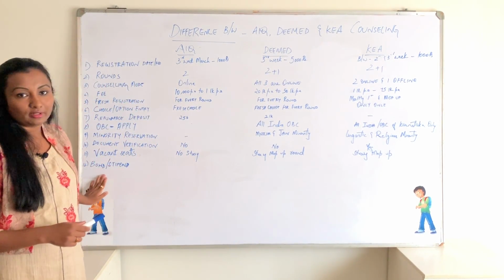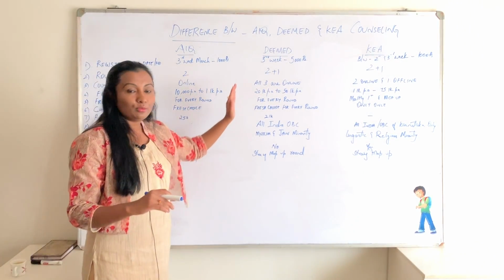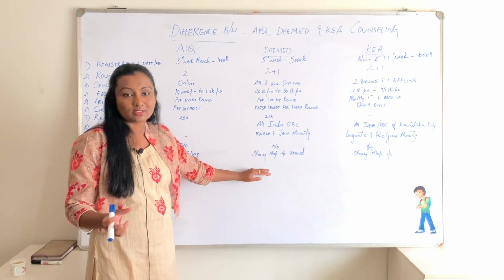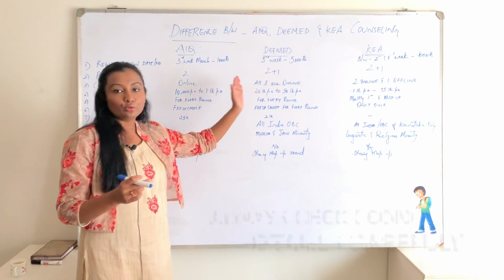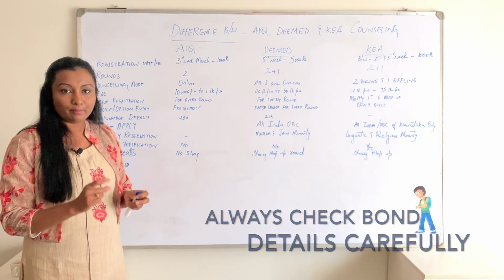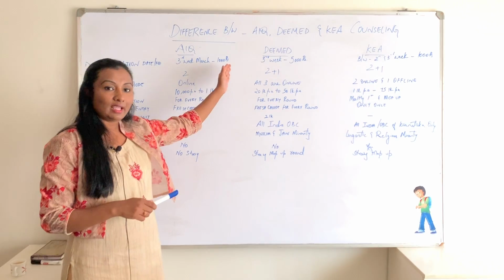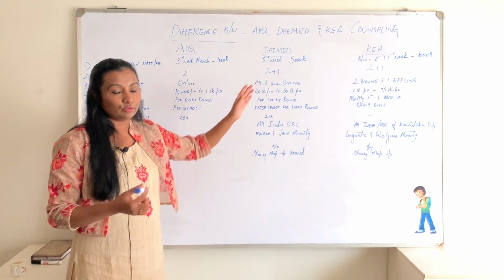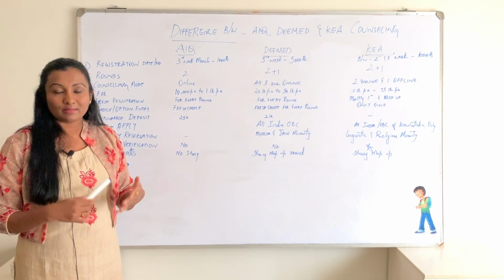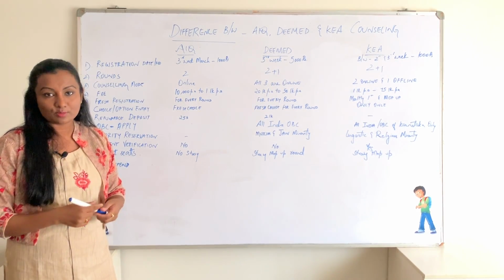And the same goes for bond. Every state, every college has got different bond details. Even in deemed universities, some colleges have bond details, though the fee structure is heavy. So before you do the option entries, make sure you're checking the bond details properly before going and reporting to your respective colleges. Some colleges have a bond, but if you do not want to serve the bond, you also have bond penalties. Some charge 5 lakhs, some charge 10 lakhs. There are some colleges which are charging even 50 lakhs as bond penalty.